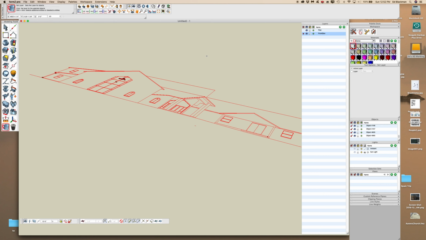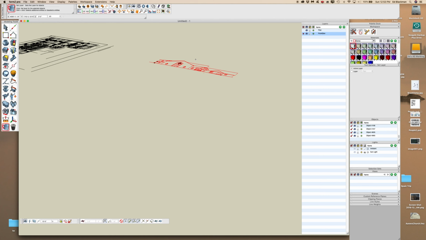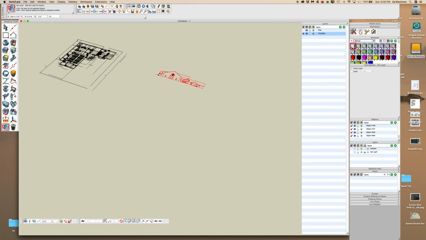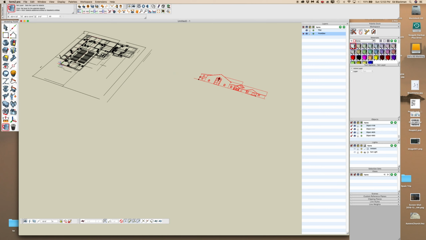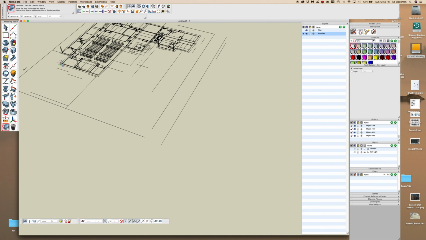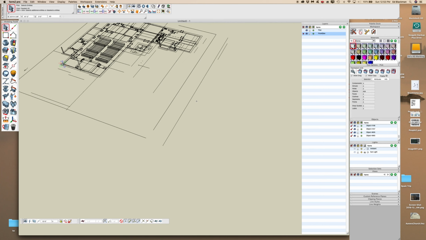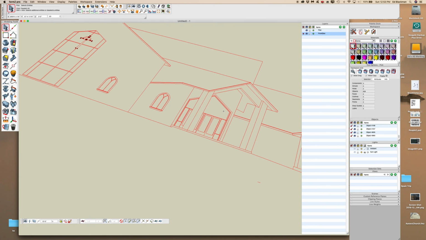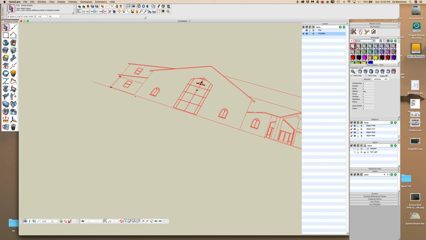Now, if we zoom out, take our Option Command key and hold this up just a little bit so we have a little bit better angle on things. If you look at the elevation, this corner of the building right here is this corner over here, right there. So what we want to do is take that corner, and I just did a Command F again to center this on it,